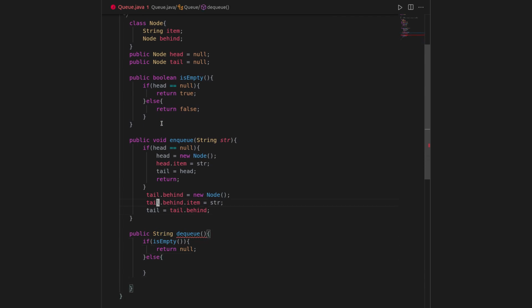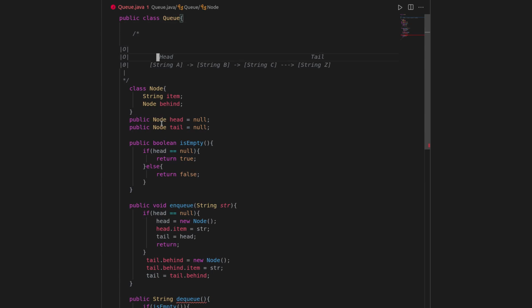So to dequeue an element from the queue, we can use the following algorithm. We will just move the head from the current head to the element behind it. This will remove the reference from the previous head and thus it will be destroyed. And the new head will be the element just behind the previous head.